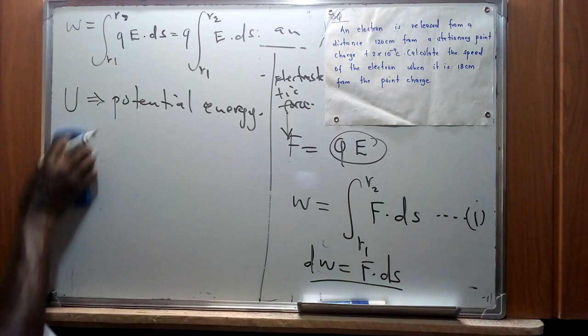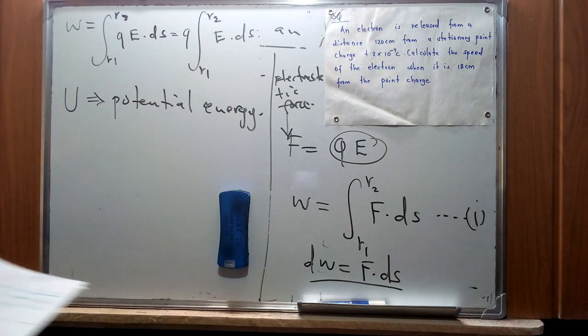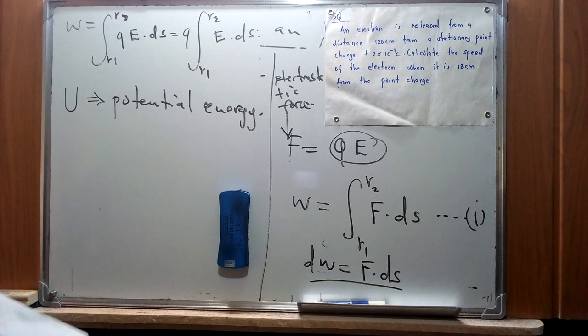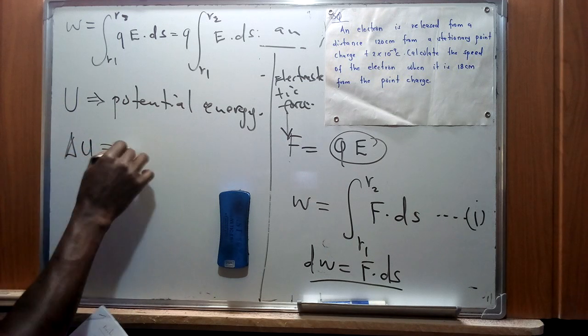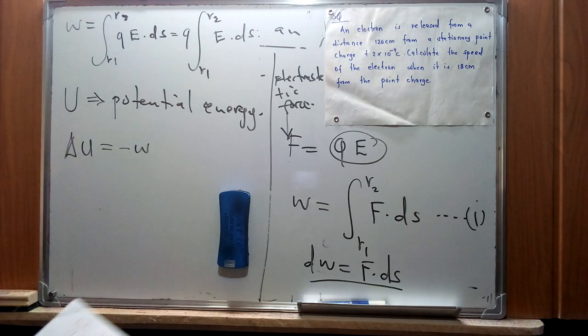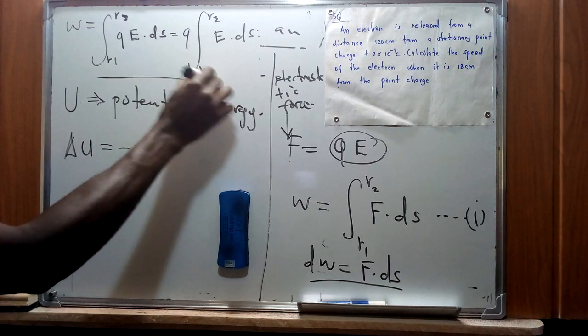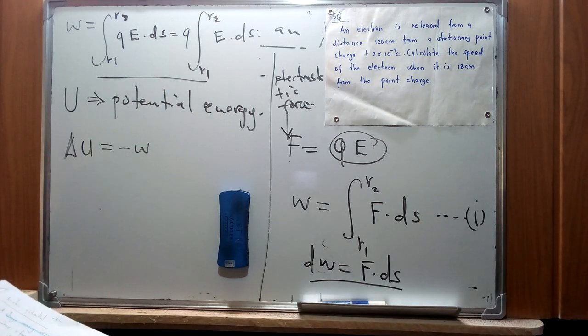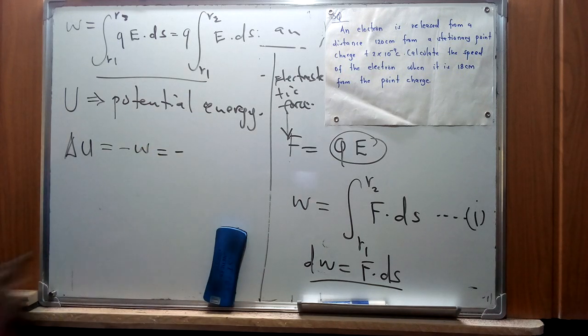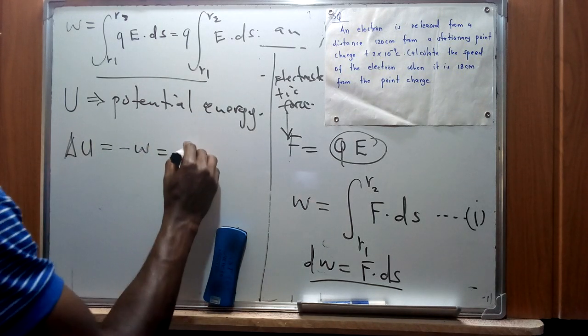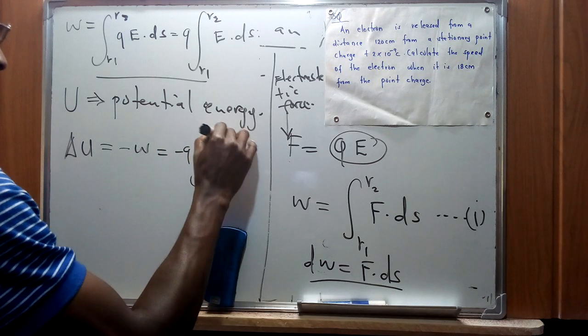So by definition, the change in potential is the negative of the work done by an electric field. So this particular change in potential, delta U, is going to be the negative work done by the electric field. And we have said that the work done can be represented using those two specific equations. So the implication of this negative sign is that we get the negative of the integral from R1 to R2,